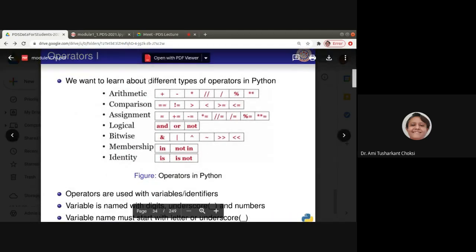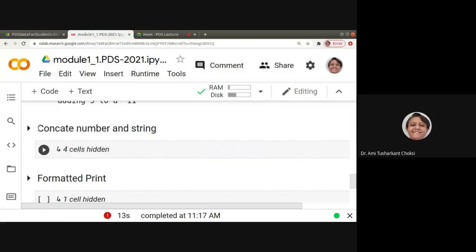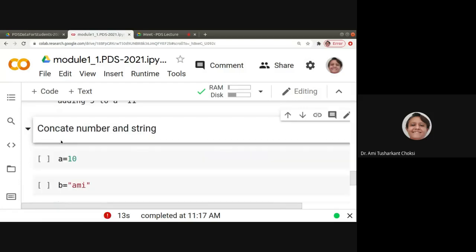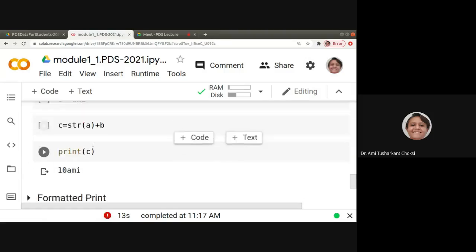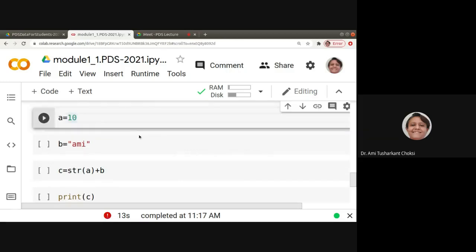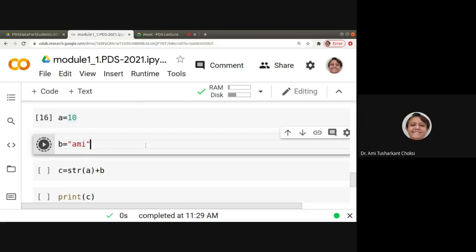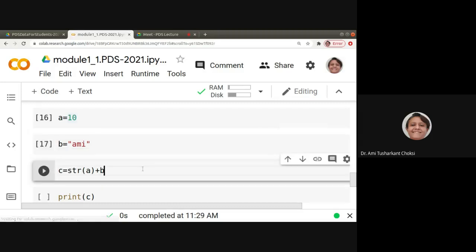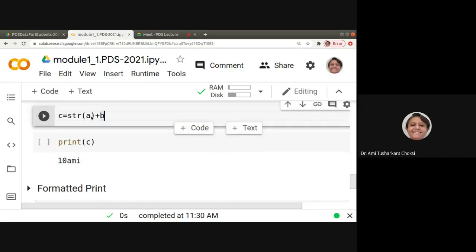We want to learn about different types of operators in Python. This concatenation we have seen, right? This was a is equal to 10, then this, right? Either we need to convert string to integer or integer to string.